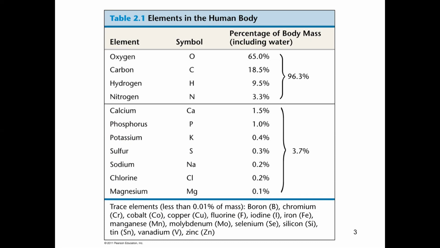So even though we don't have a lot, less than 4% of those, the thing here is that that little bit makes a huge difference, as you'll see as we go through the course. And then, of course, we have the trace ones at the bottom. So these are very tiny amounts, but if we don't have them, we will be sick. We will miss them. So even though their amounts are less than 0.01% of body mass, they are very important to function and very often to enzyme function. Okay, now,